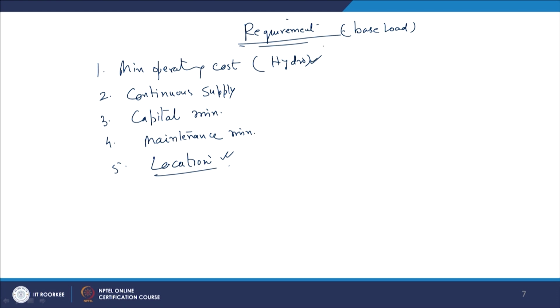In hydropower plants the number of operations is low, because if you go for a thermal or nuclear plant, the number of operations is very high compared with hydropower plants. Spare parts, availability of spare parts. I think everything goes in favor of hydro except the location, because we cannot install hydropower plants anywhere. They can be installed only where flowing water is available, because the power is generated with water.